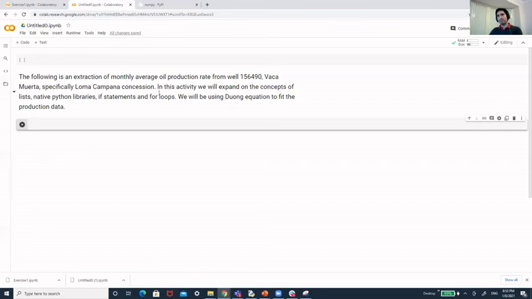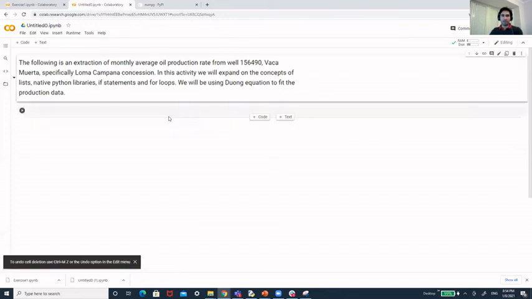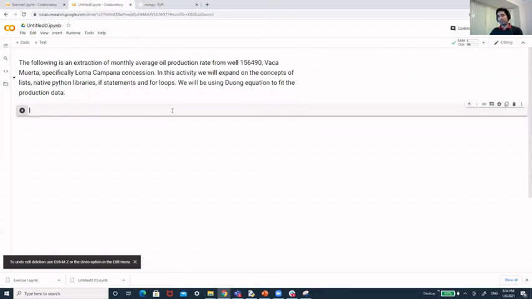And the idea is to try to use one of the decline curve analysis equations and see how it could fit initially manually into this data. But I guess as we progress, you can try to see if you can use some of the Python libraries to make a fit on the equation.